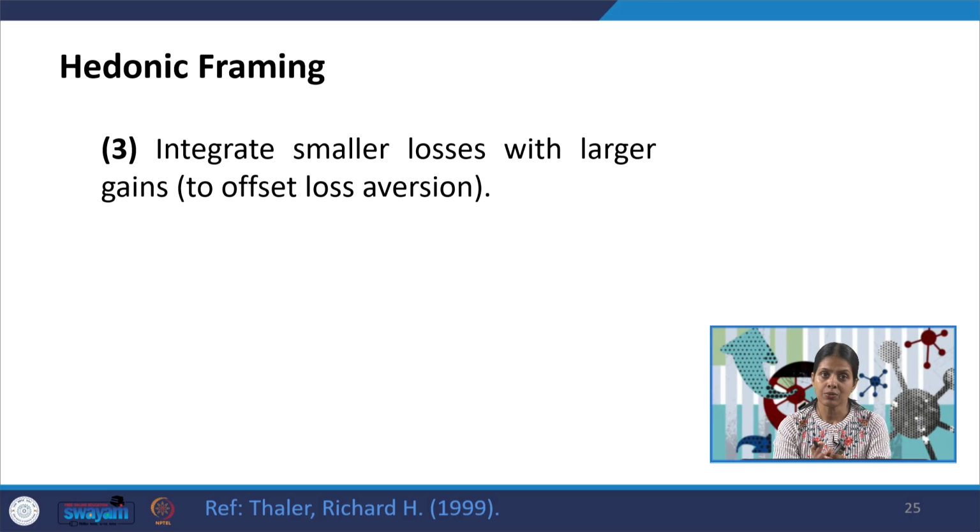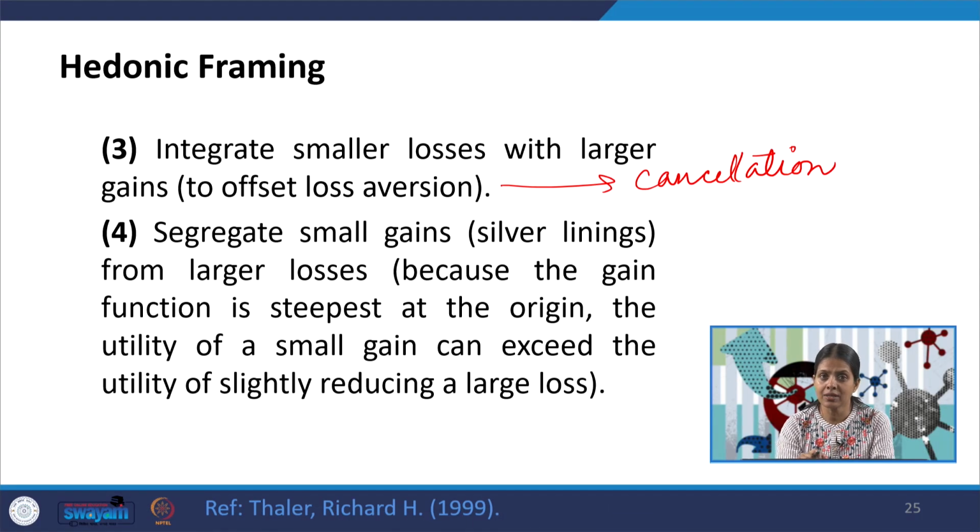Integrate smaller losses with larger gains to offset loss aversion. So, this is the case of cancellation, when there is one gain and one loss, but the gain is larger. And finally, we have segregate small gains, that is the case of silver lining, from larger losses because the gain function is steepest at the origin. The utility of a small gain can exceed the utility of slightly reducing a large loss. So, these are the four very important principles of hedonic framing as hypothesized by Thaler in his discussion on mental